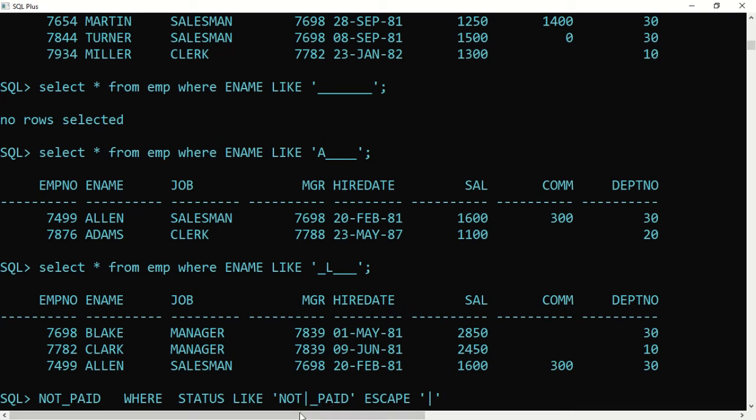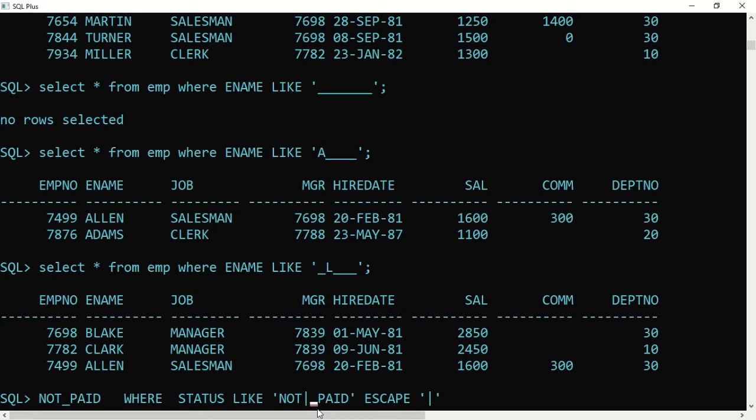This is an indication that the first character after the pipe should be treated as a normal character, and should not be treated as a wildcard character.